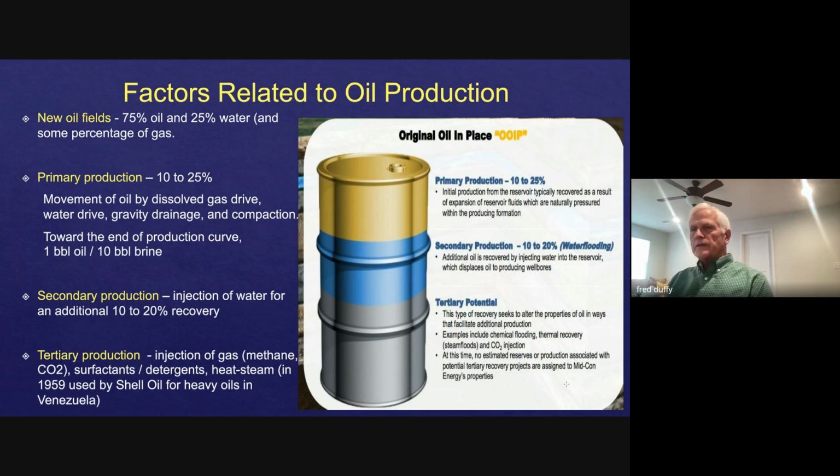And then when the pressure is getting less and less, toward the end of the production curve, they're usually pumping 1 barrel of oil to 10 barrels of brine. So for that type of ratio, it's considered uneconomical. Then they go into a secondary production phase, if possible. That's where they're injecting water, usually brine or fresh water, for an additional 10 to 20%